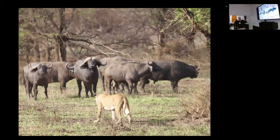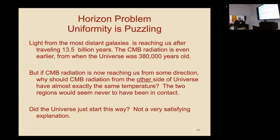You look in different directions, and nearby you see different things, but in a cosmic sphere you look in different directions and it's isotropic. That's kind of far reaching. Okay, so that's the puzzling